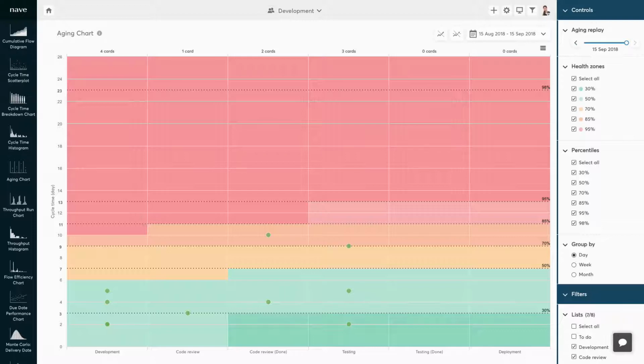And tools like the burn up and the burn down charts will also enable you to see whether or not you're still on schedule. But to take a step further and understand the actual reason behind your delays, you should look into the factors that hinder your performance. Don't fall into the trap of assuming things will go back on track if the team works hard enough. The aging chart will help you head in the right direction and stay on schedule while enabling a supportive environment at the same time. And I've been talking about stable systems for a while now.